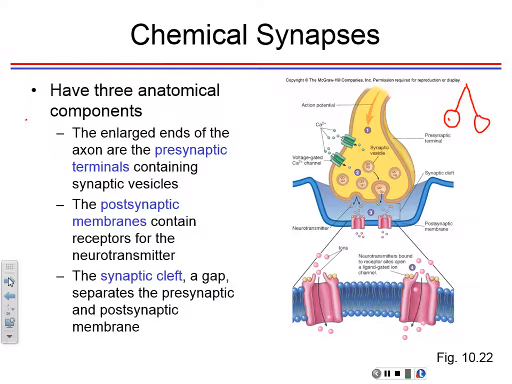For the most part, it's acetylcholine, but it could be norepinephrine, it could be epinephrine, serotonin, and we'll talk a little bit about that. And I'll give you situations where you have problems with those neurotransmitters, which gives rise to some of the psychological conditions, and we'll talk about how they are formed towards the end. So the presynaptic terminal contains the synaptic vesicles containing the neurotransmitter, right? Because it transmits the message, okay?